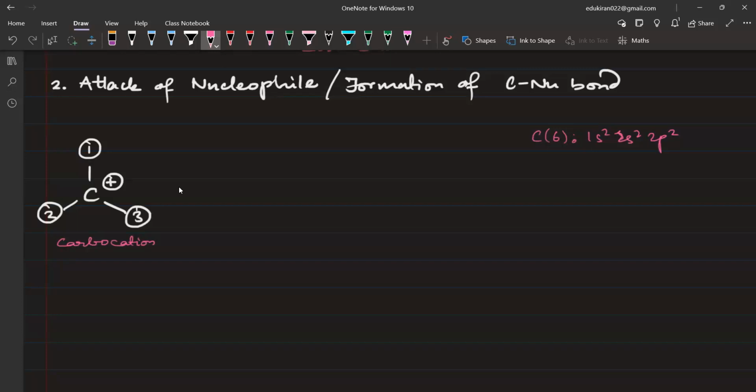Now from the carbon, if I look at the valence shell, I have 2s and then I have 2p. This will somewhat give you an idea about 11th standard. थोड़ा सा याद आएगा शायद. 1 electron, 2 electron, like this. Now we know that promotion of electron would take place like this, and the hybridization of sp, you will get some hybridization like this. अच्छा, carbon 6, but we are having a carbon positive ना, तो positive